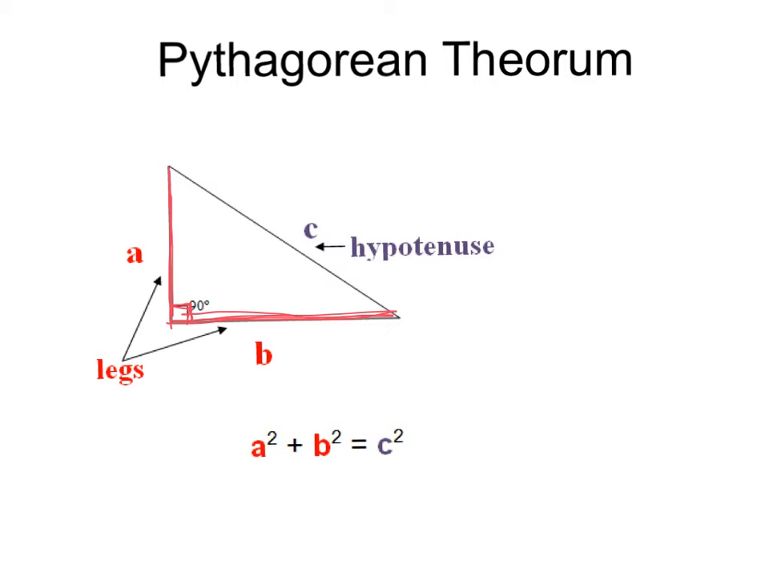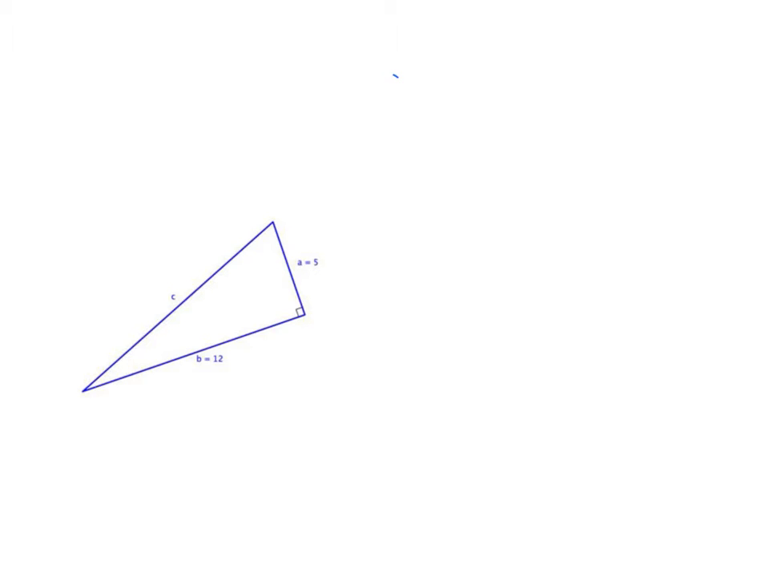Then we have a hypotenuse. The hypotenuse is the longest side, and c stands for hypotenuse. But it's always the longest side of the triangle. So the Pythagorean theorem itself is going to be a squared plus b squared equals c squared. Using the formula a squared plus b squared equals c squared,